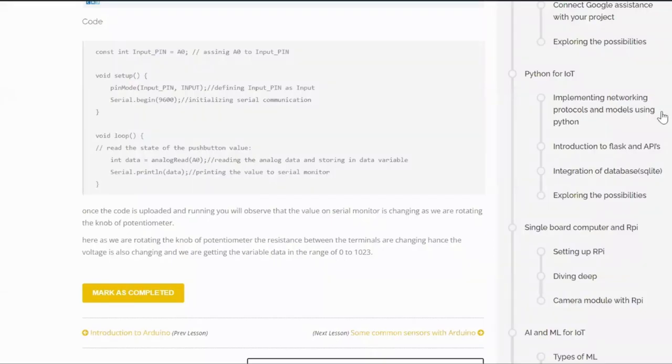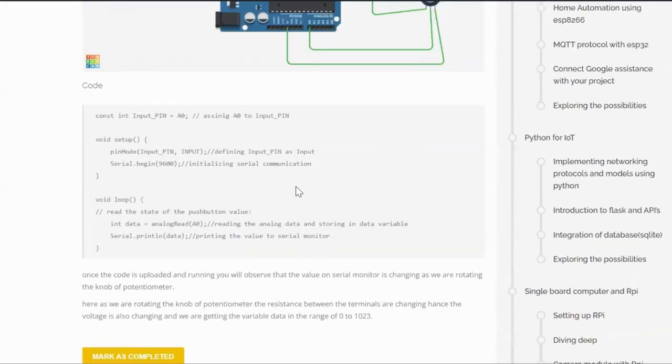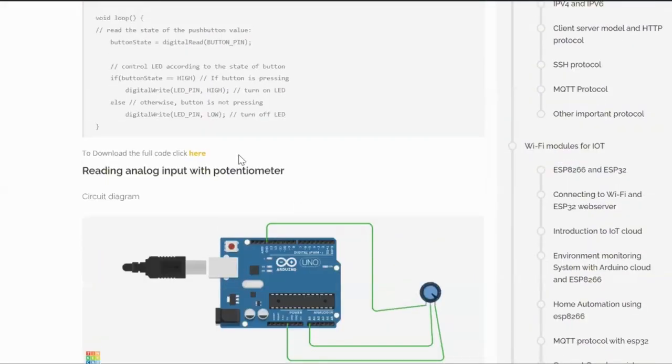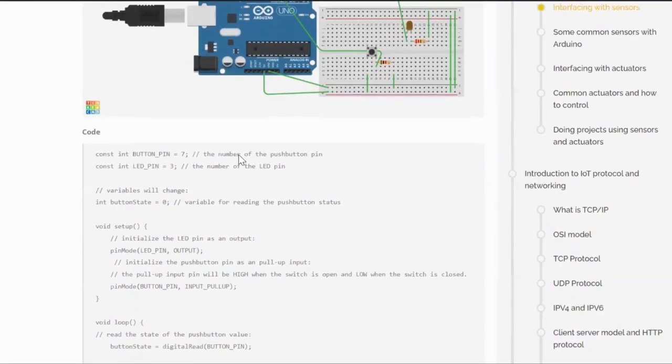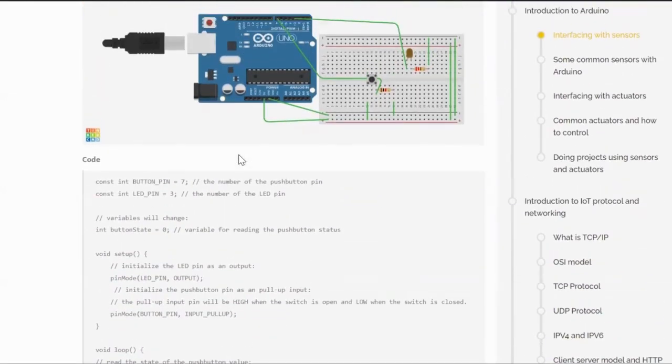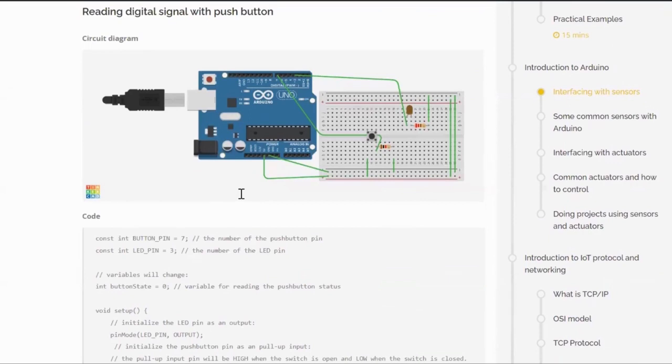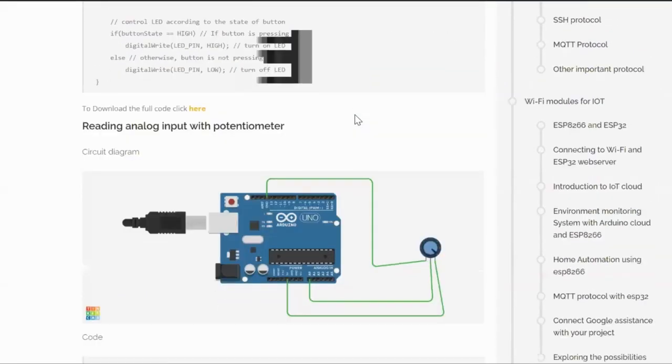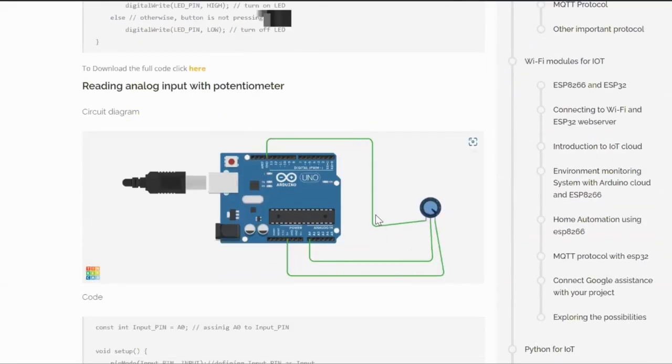So in the previous video we saw digital and analog signals, and we read about digital and analog sensors. Today we will try out these digital and analog signals with Arduino Uno. We will try to read the digital signal using a digital sensor. As a digital sensor, I am going to use the push button, and for the analog sensor, I am going